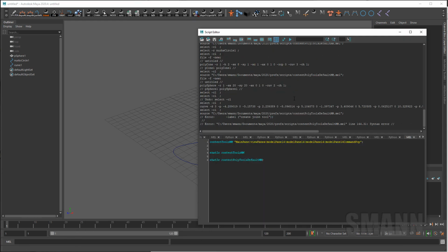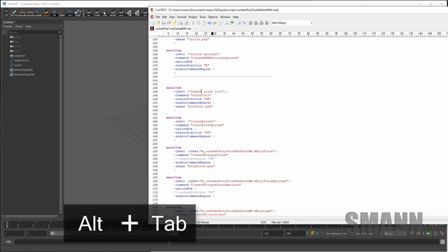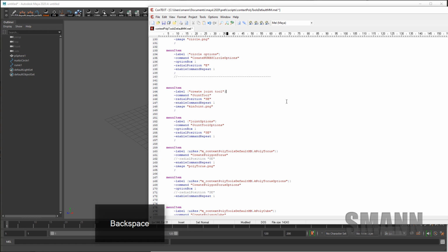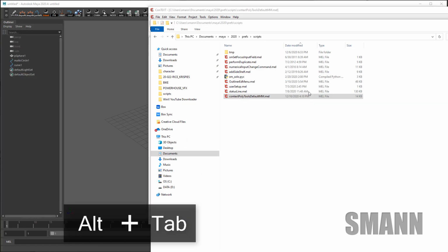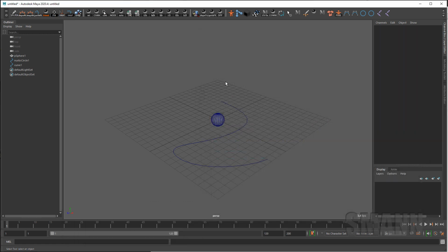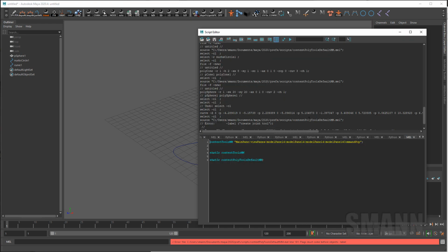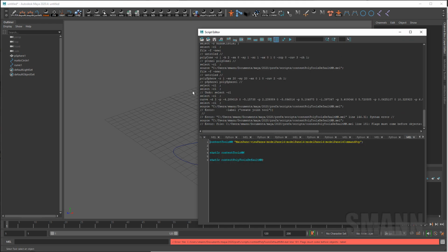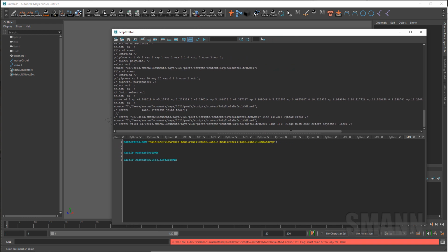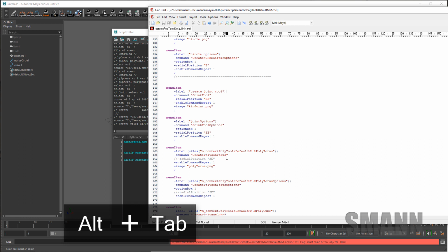Check for errors. Oh, we got an error. Cool. I messed up my label somehow, 144. Again, that double paren on me. I wonder if that'll... Oh, okay. Looks like it worked. Oh, I screwed something up. Flags must be before objects. This is why you shouldn't work quite so fast when you do this stuff. You should pay more attention. 181. All right, so that means somewhere in there